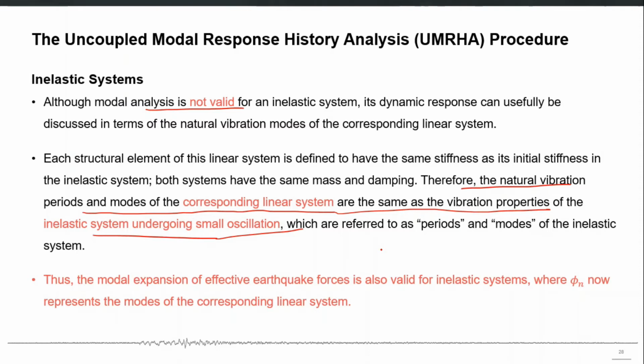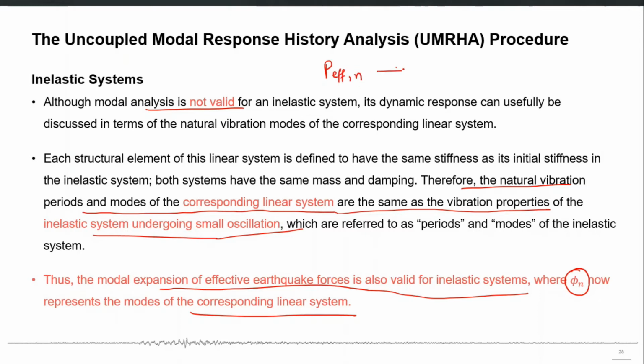So the method assumes that we will be using the same mode shapes for a nonlinear system also. The modal expansion of effective earthquake forces is also valid for inelastic systems, where the mode shape vector now represents the mode of the corresponding linear system. We know that the effective earthquake forces for the nth mode are based on the modal expansion phi n. So if we use the same mode shape as the corresponding linear system, we can approximately apply the idea of the effective earthquake forces